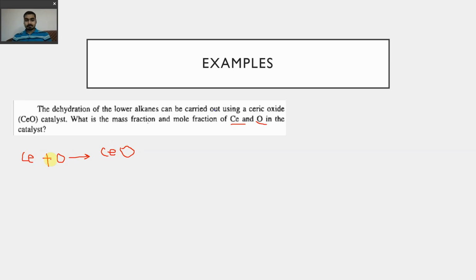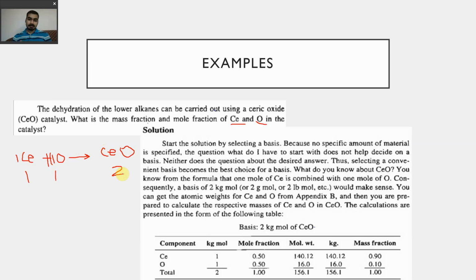Alright, let us suppose this is 1 gram, 1 kilogram, let us suppose, because kilogram is a good unit to use, and this is also 1 kilogram. So the total product will be, okay, this is 1 kg, 1 kg, so total product will be 2 kg. Alright, done. So this is the first intuition that should come in your mind after looking at the question like this. Now let us see the solution.